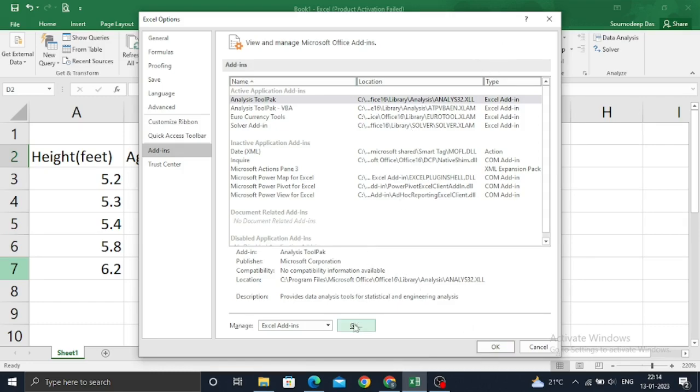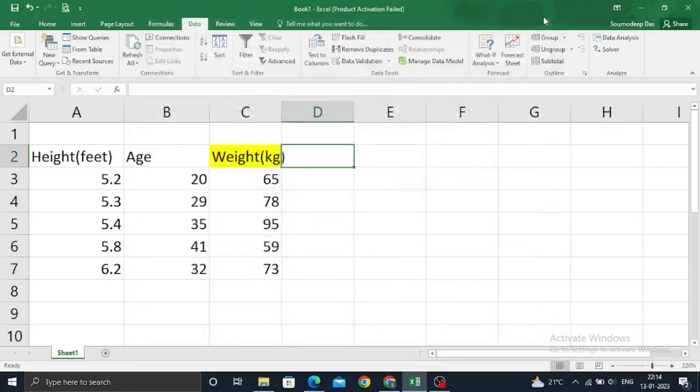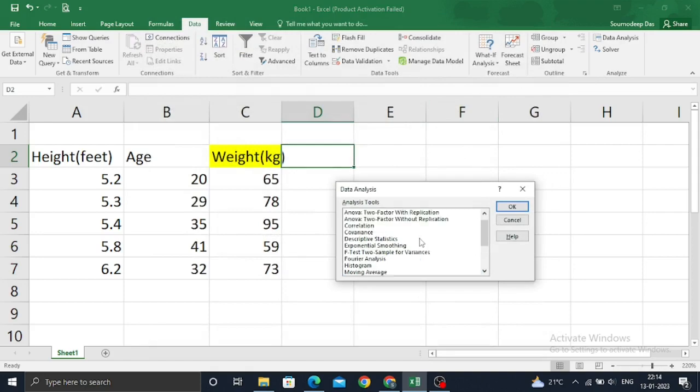Also, if you want to manage this, you can configure it by clicking Go, and so on. So basically the overall purpose is to install the Analysis ToolPak, and if you want to do further things, then obviously add Solver also. To perform statistics, this Analysis ToolPak is very helpful. Then you need to click on Data Analysis, and there you can see all the statistics